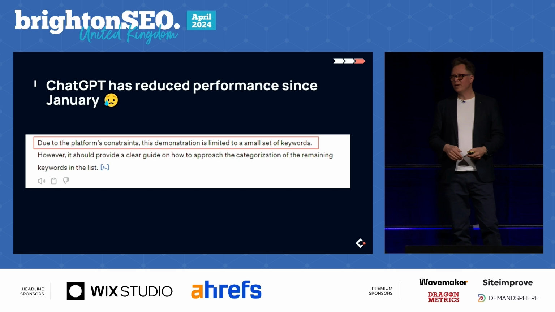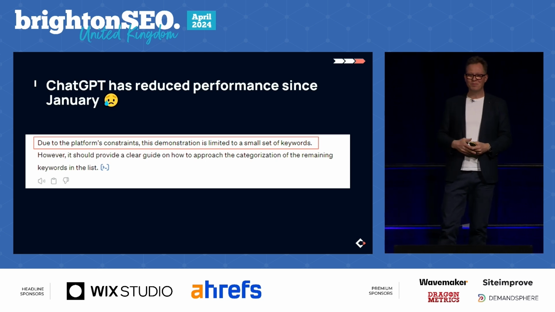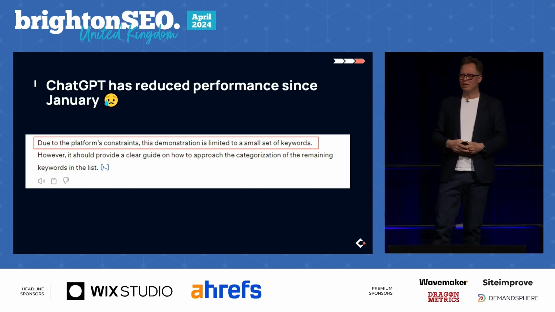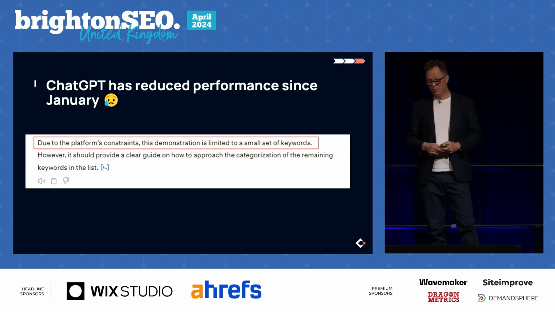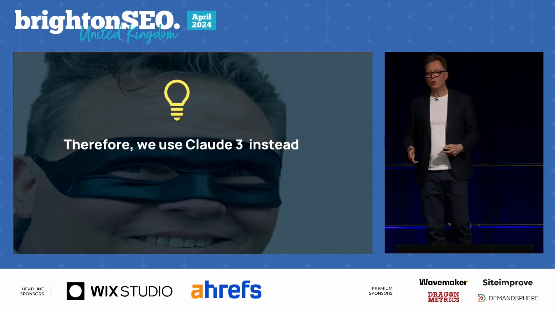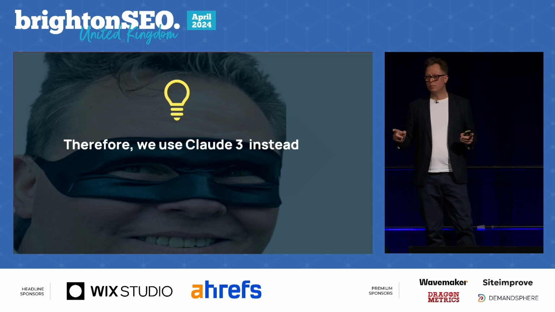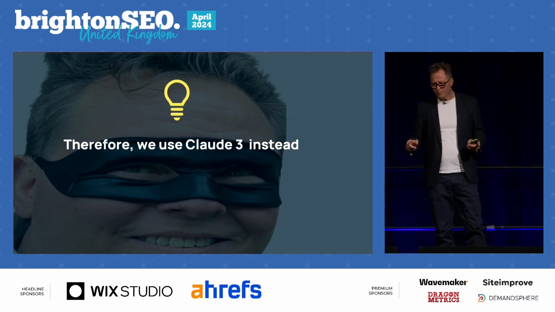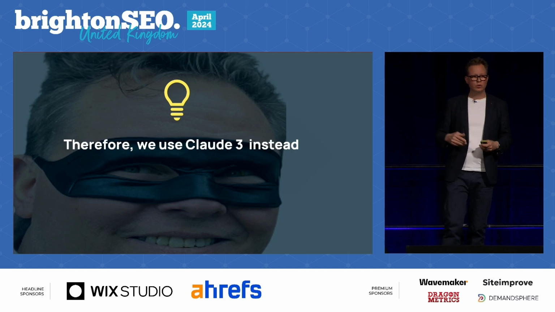If everybody here is on ChatGPT, you have probably noticed that ChatGPT has become very lazy. It asks you how to do tasks. It will maybe give you some examples, but it really tries to avoid getting the job done. So, as I explained in the beginning, I am agnostic about this, so I will use Claude 3 instead. Claude 3 was created by some ex-engineers from OpenAI. I think you can only use it in the US, not here in the UK, so I use a VPN